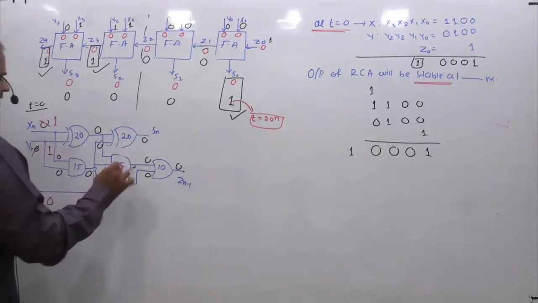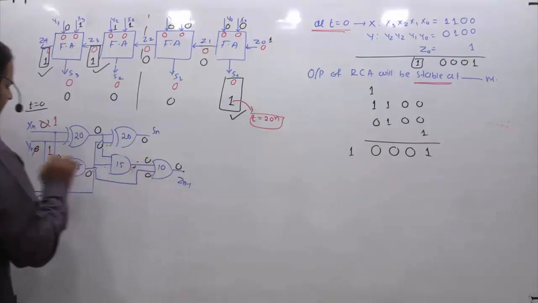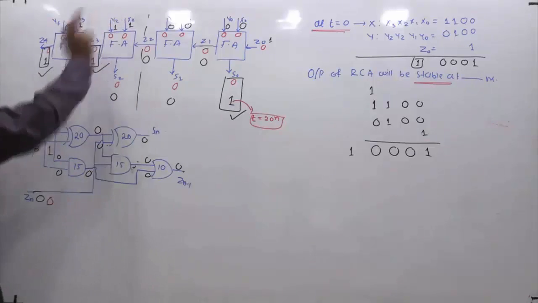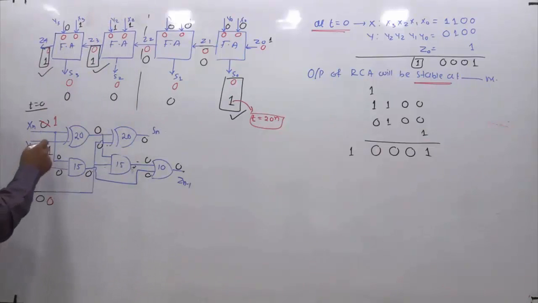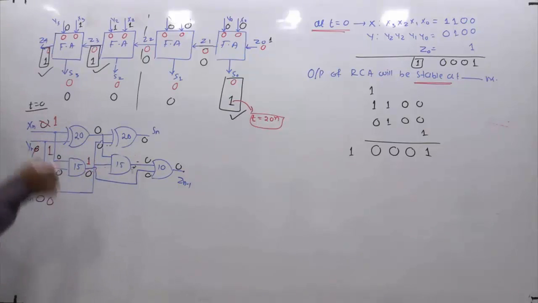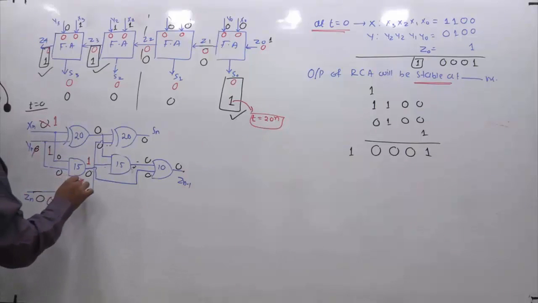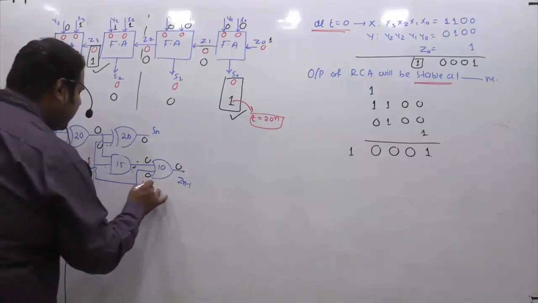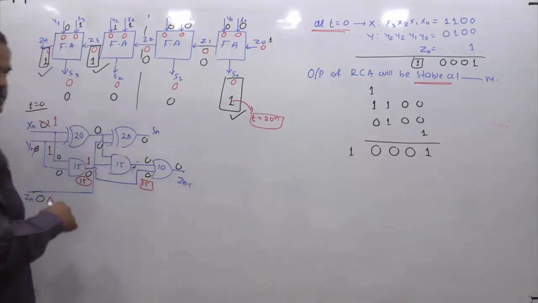So if I'm checking for this, I need this signal, I need this signal. Okay, so what's going to happen then? See, these inputs I'm applying at t equal to 0. So if the inputs are 1 and 1 to this, the output of this particular bit is 1. At what time are you going to get it? You are going to get this at t equals 15 nanoseconds. Why? Because at t equal to 0 I have given the inputs, and 0 plus its own delay is 15. So at 15 nanoseconds you are going to get it.